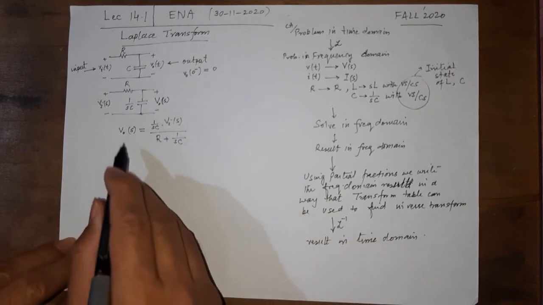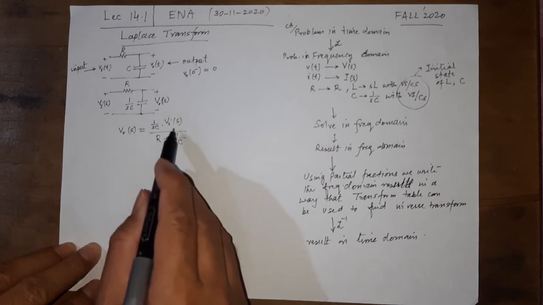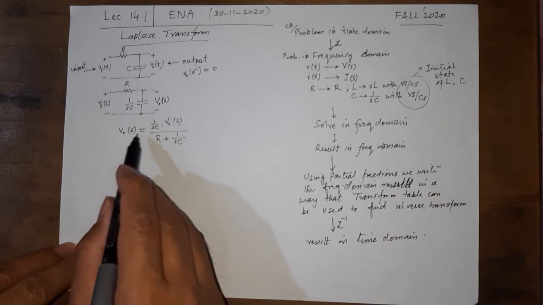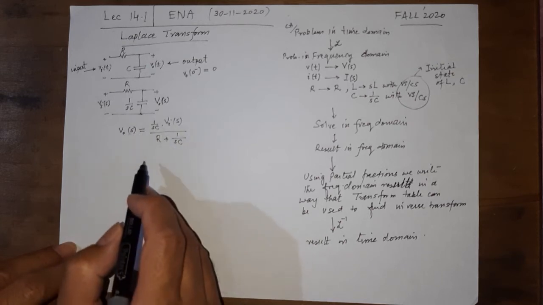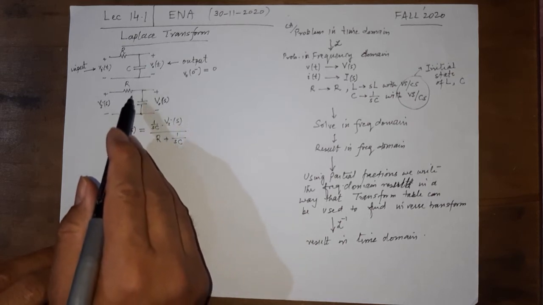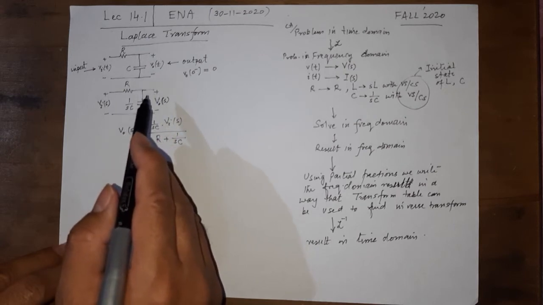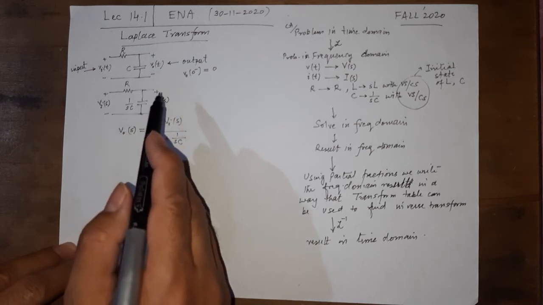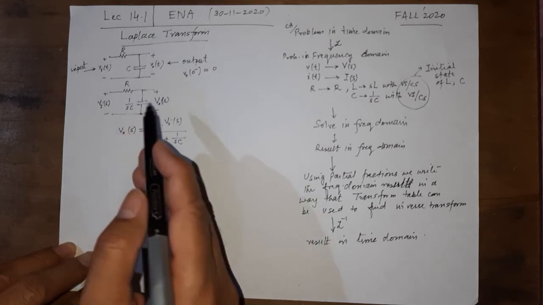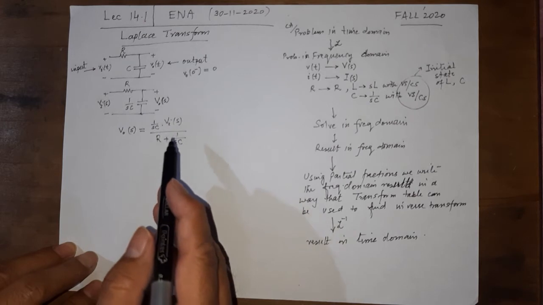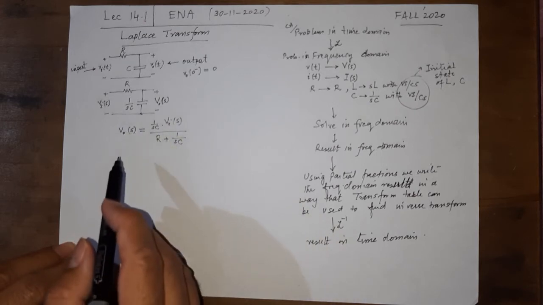So we have a simpler circuit to solve in the frequency domain, and we can easily solve it, because the network is a very simple one. We can find this expression very easily. If it would have been a complicated one, we would apply all the circuit solution techniques that we know, source transformation, node voltage method, and mesh current method, and whatever, and ultimately come through the solution to this expression for the output.